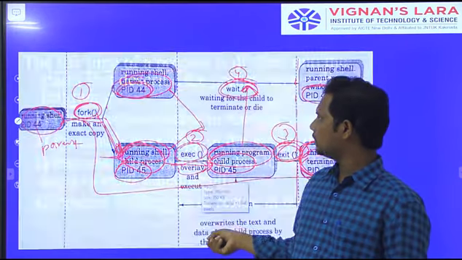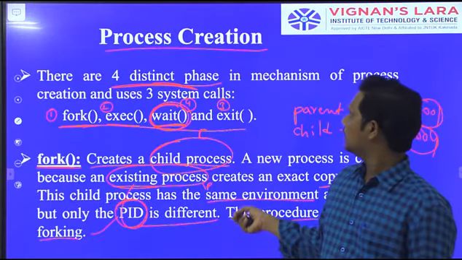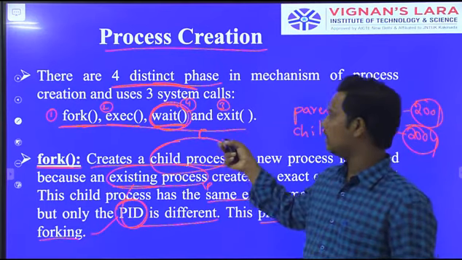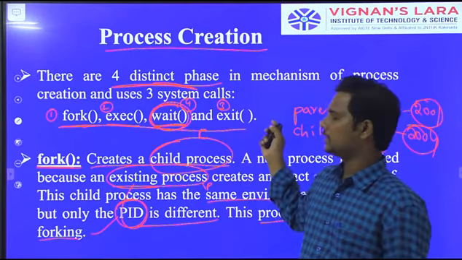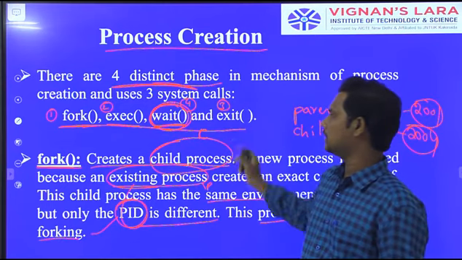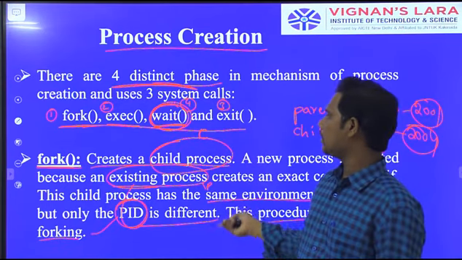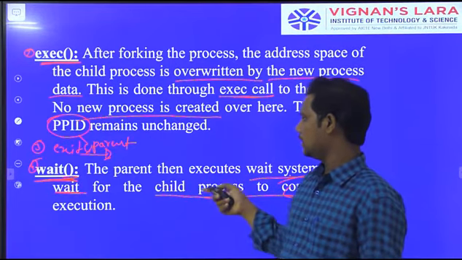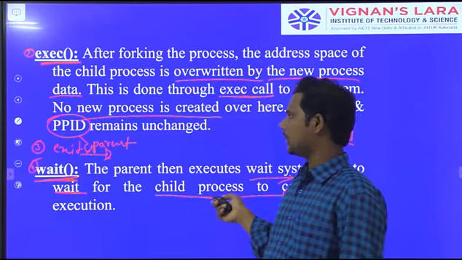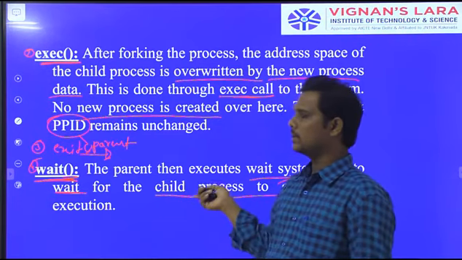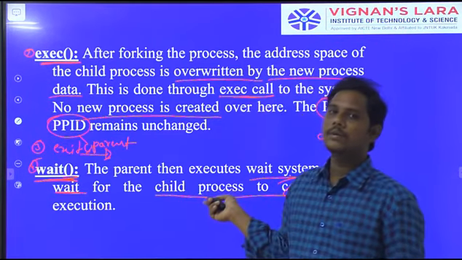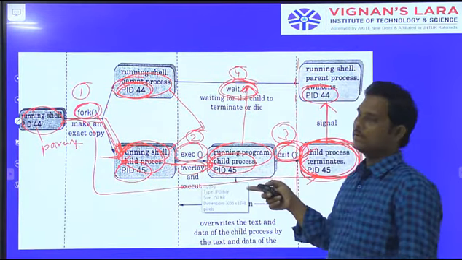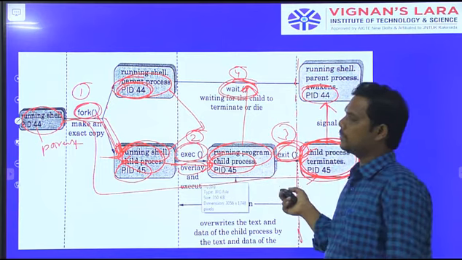What I am discussing in this class is how to create a new process. It will follow four steps: fork system call, execute system call, exit status. After that, if there is a waiting state. So fork system call, exit system call, exec system call, waiting state, how it is happening. All these things we are using are the phases of process creation. This is a procedure we must follow to execute each and every process.